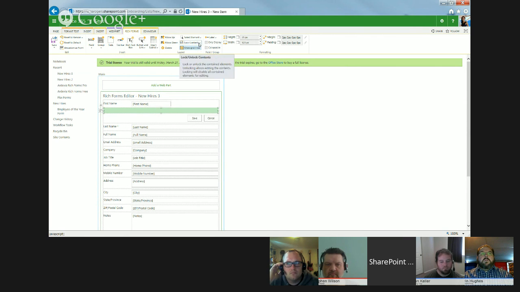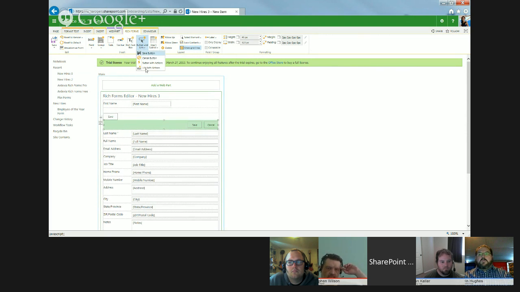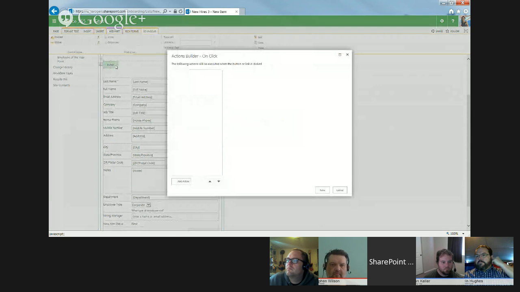So that would be really nice to have. So let me move this. Another thing real quick is I was going to play with this whole button with actions thing and show you what they give you. So here's the action builder. What I was really trying to do is put an action in here that would let me flip between tabs, because I wanted a next button that would go to the next